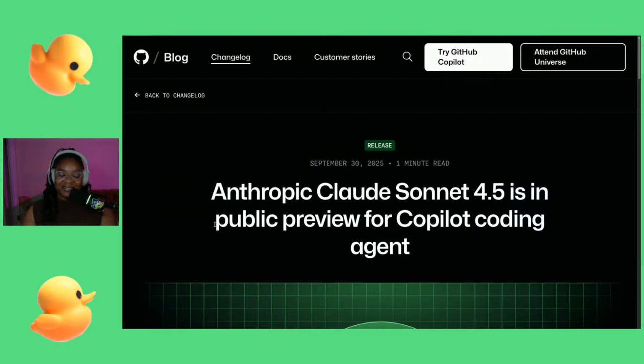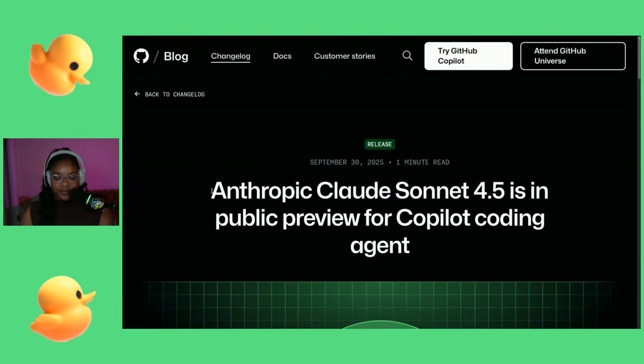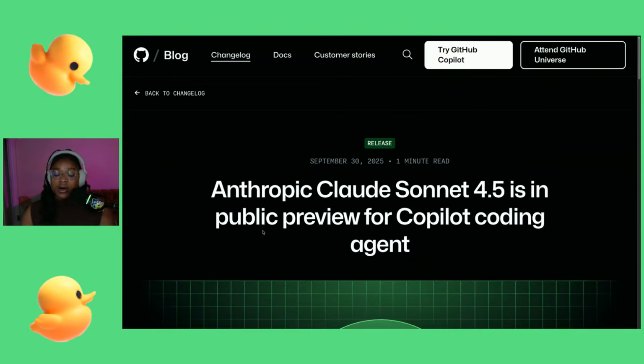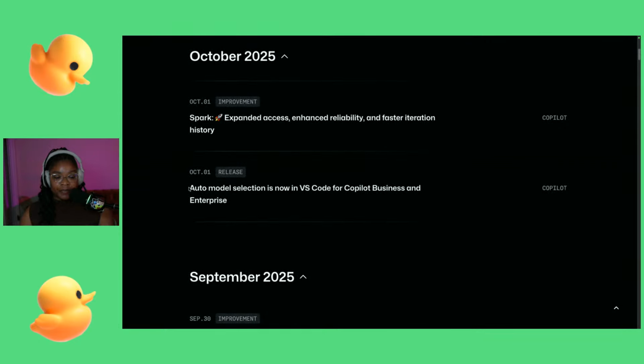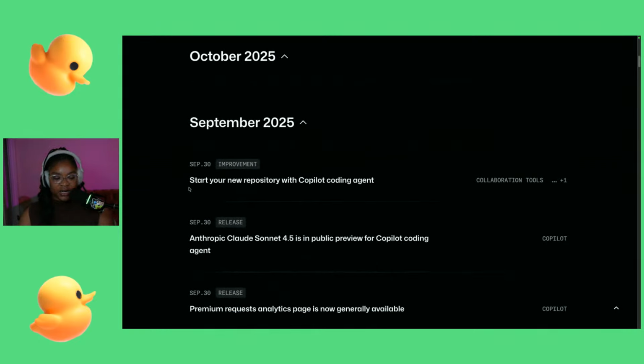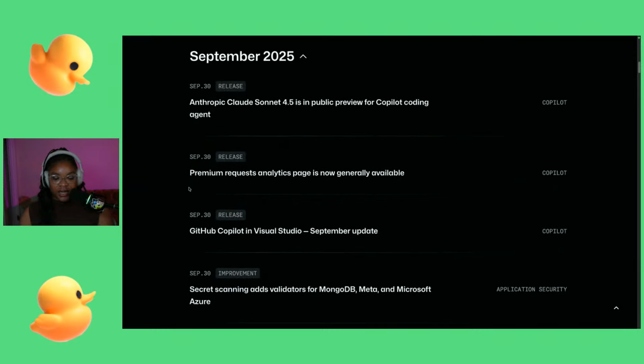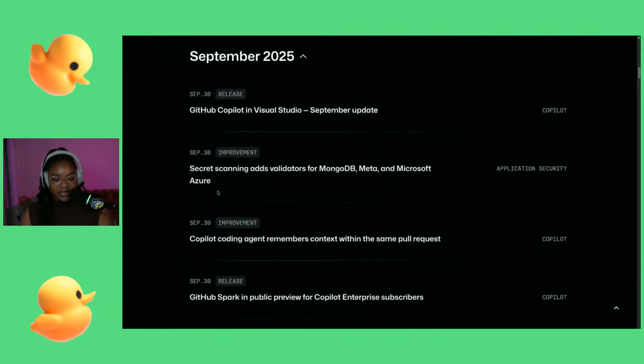audio is good now. But yeah, so Anthropic Claude Sonnet 4.5 is in public preview for Copilot Coding Agent, but it's also available in agent mode in VS Code, and with GitHub Copilot regardless of the IDE you're using. Premium request analytics page. Okay, secret scanning updates.